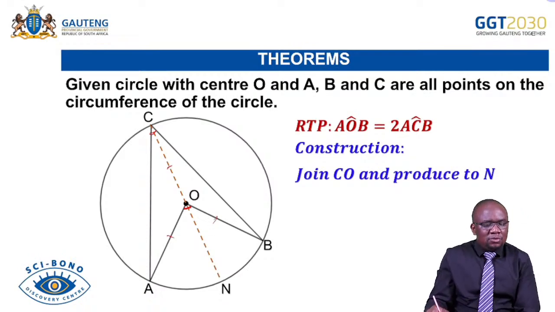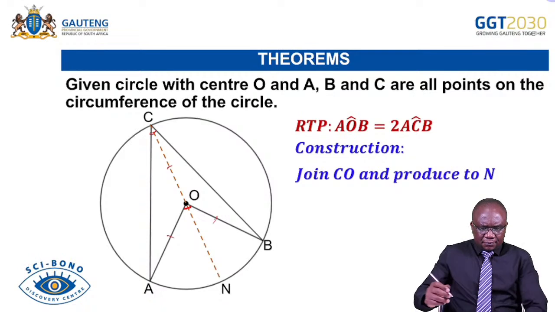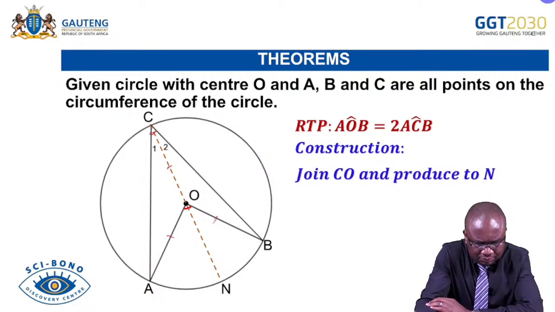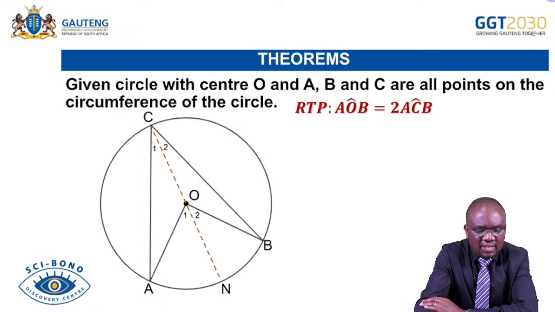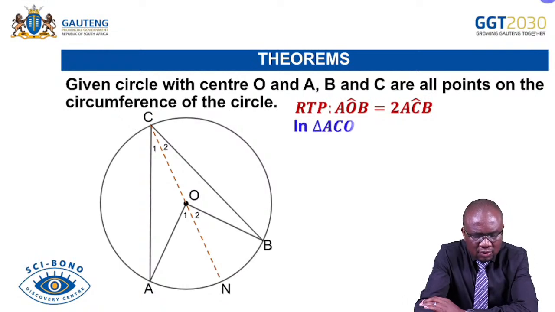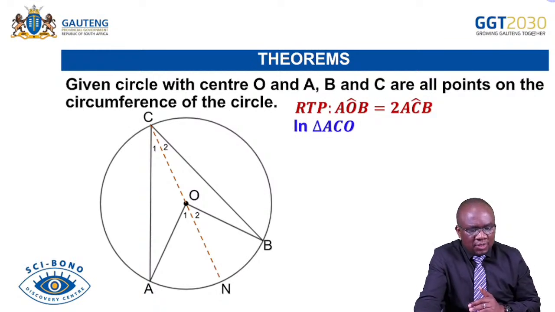Okay, so think about angles opposite equal sides. Think about the exterior angle of a triangle. Think about those things. Right, let's do it together. Now, let me just name the angles so that it becomes easy for us. You are required to prove that AOB is 2 times ACB. So after constructing, look at triangle ACO. So we can say that